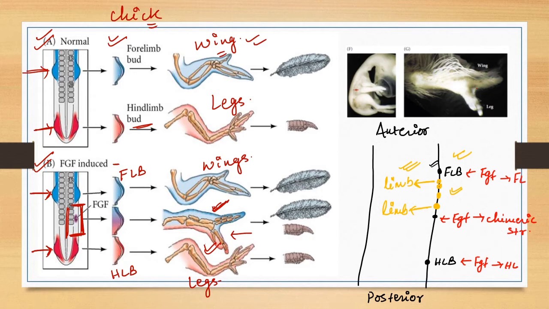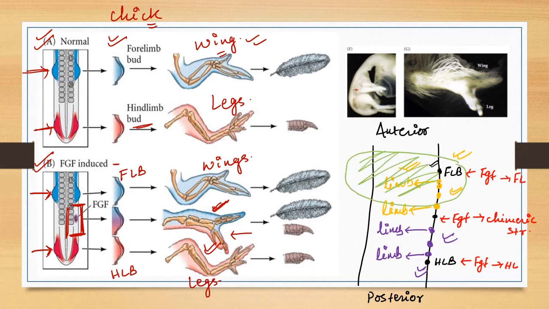Okay, similarly in case of hind limb also, suppose these are the three buds. So the limb which was formed from this bud, which is closest to the hind limb bud, had more leg-like properties in comparison to the FGF-induced limb which is far from the hind limb bud. Okay, so it was concluded that it might be possible that the factor which is responsible for the specification of limb has more concentration in these two limb bud areas.